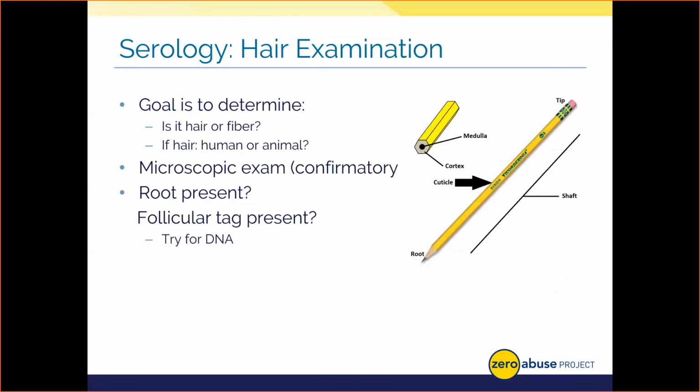It has an external hardened surface called the cuticle, an internal or kind of middle ground area that holds pigment for coloration called the cortex, and an inner shaft that may be present. I say may be present, it could be absent in humans, called the medulla. Thus, the cuticle is like the outer yellow part of the pencil, while the pigment holding cortex is the wooden middle layer, and the pencil lead itself, if it's there, is the medulla. We can use those 3 features alongside an evaluation of the root if it's present and the tip if we can see that to determine if we have a hair that's human or animal or if we have a fiber.